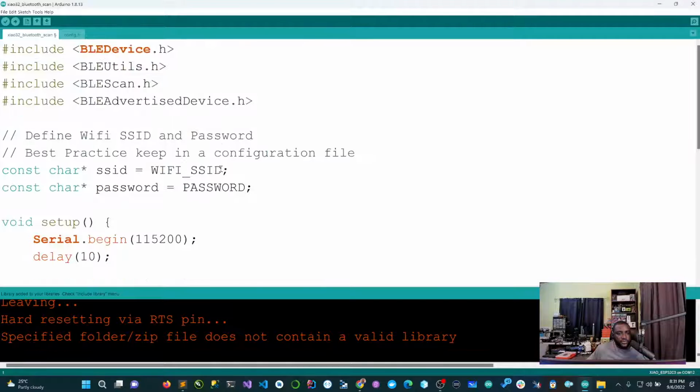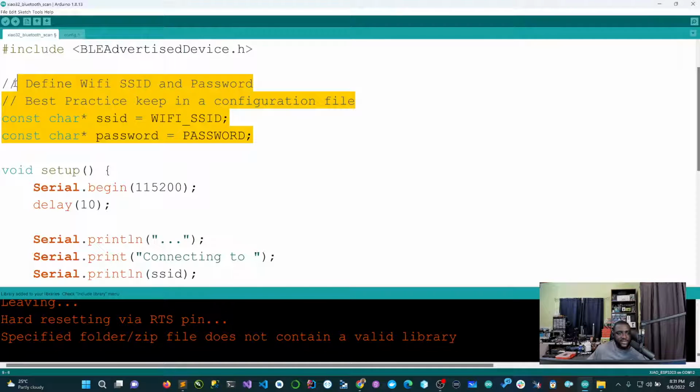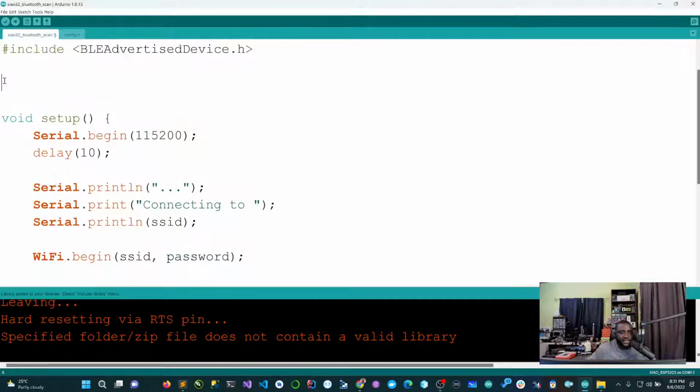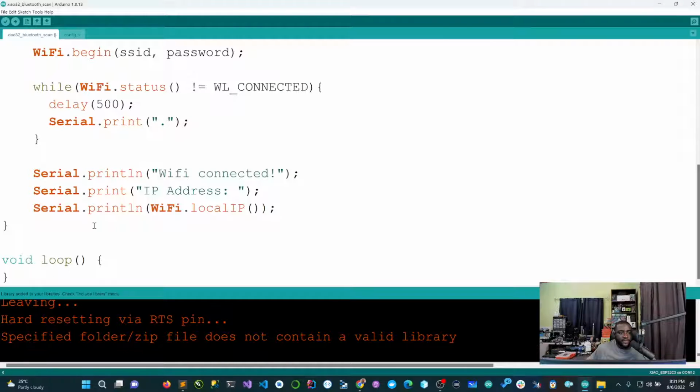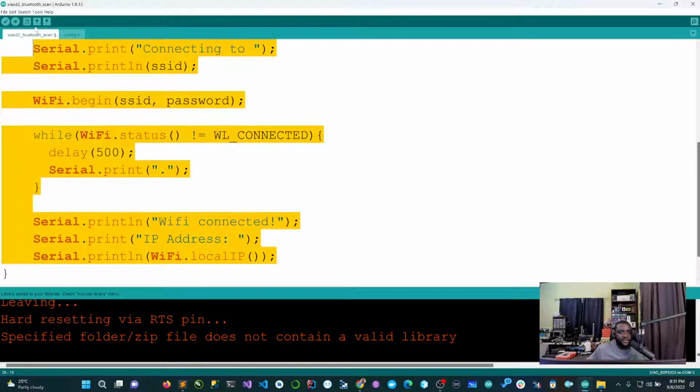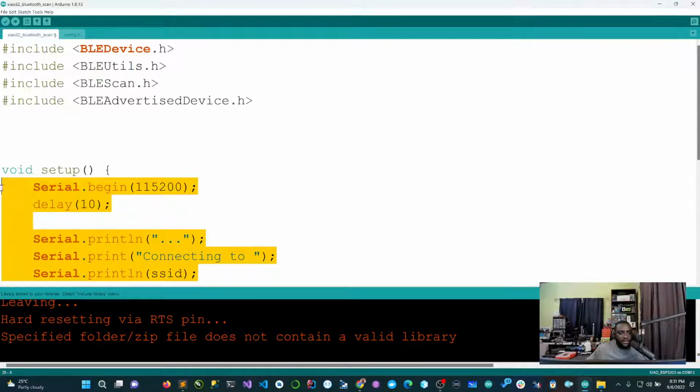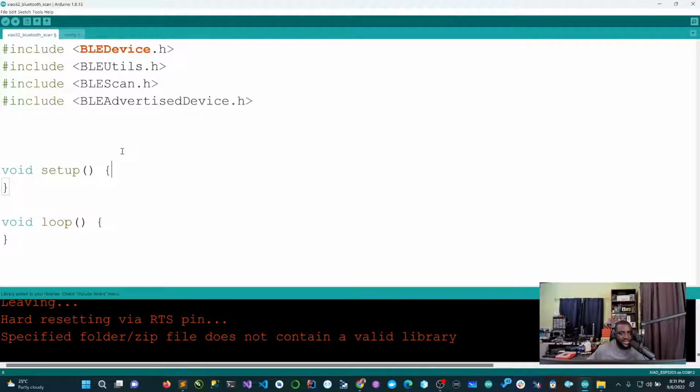Okay, so we don't need this. Let's get rid of this. Don't forget that this is borrowed code. So you know what, let me clear everything out so that you can appreciate that it's just the basic building blocks of Arduino. There you go. All right, so let's save this. So